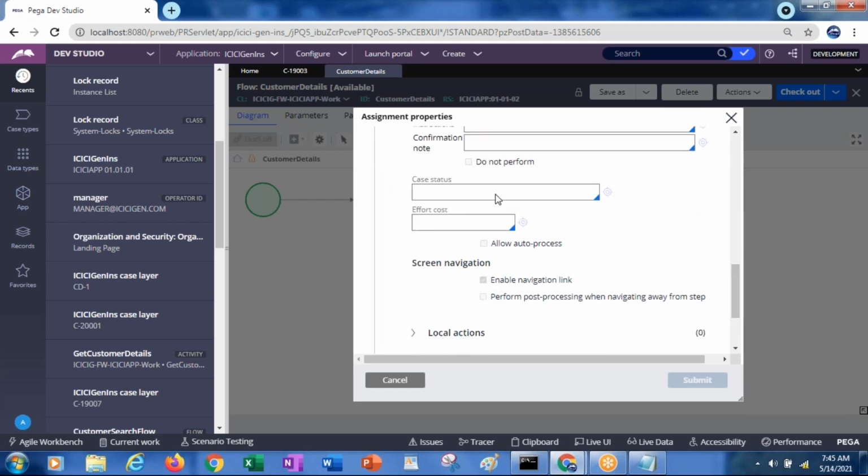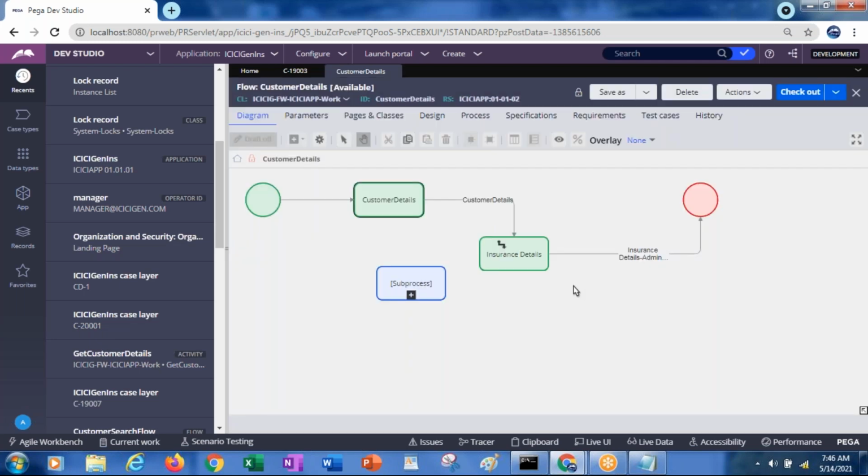Here in the case status, we will be specifying what exactly the status has to be for this particular assignment. Whatever you give at each and every assignment level, that will be displayed while running the flow.